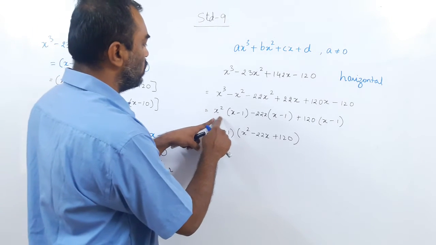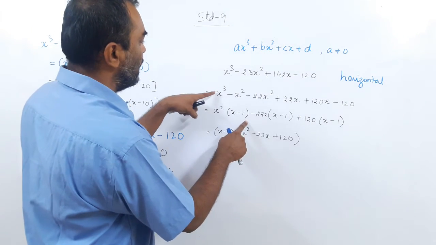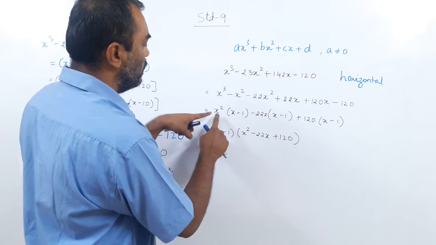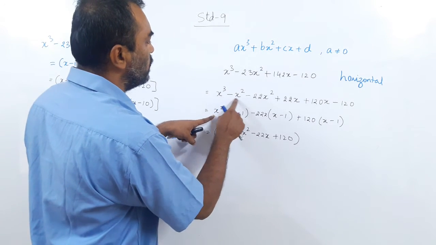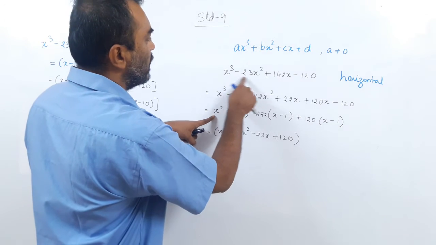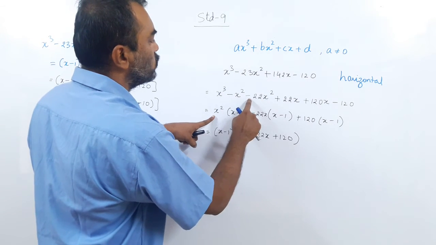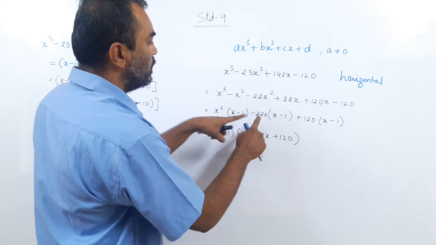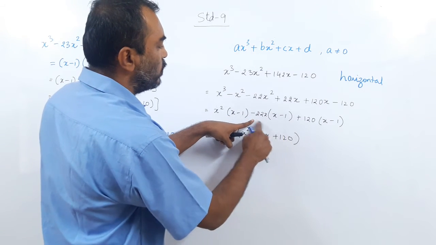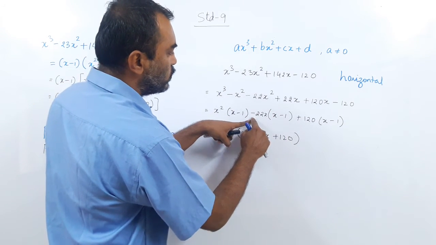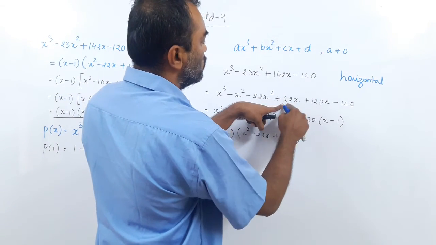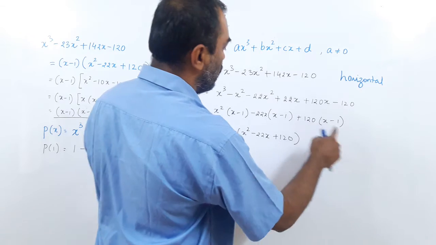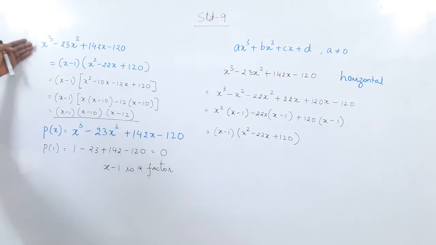So here first I wrote x minus 1. This was x cube here. I wrote x minus 1. So x square into x gives me x cube. But x square into minus 1 gives me minus x square. And this is minus 23. Minus 1 is already there, so I put a minus 22. Then I put a minus 22 into x minus 1 to get me this. But then minus 22 into minus 1 gives me plus 22. But there was already 142 here. So 22 plus 120, and I put the 120 and I got this. And then these steps follow.